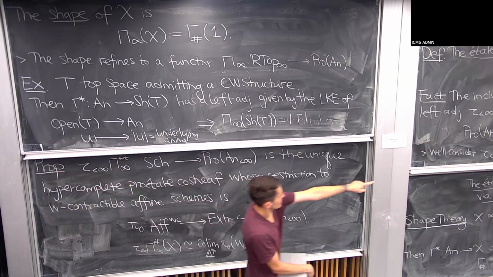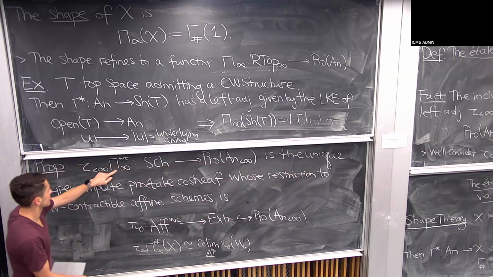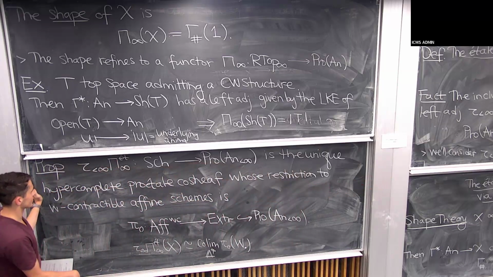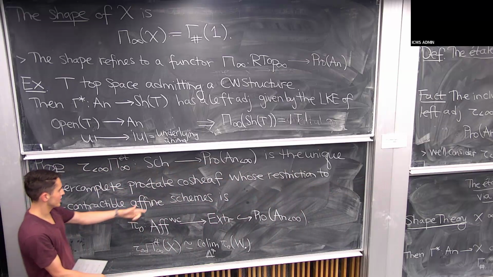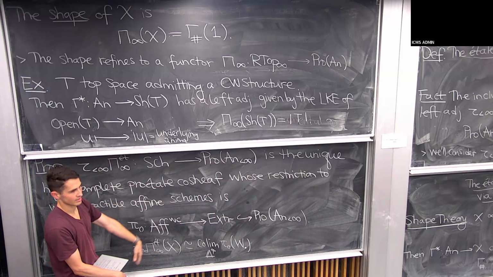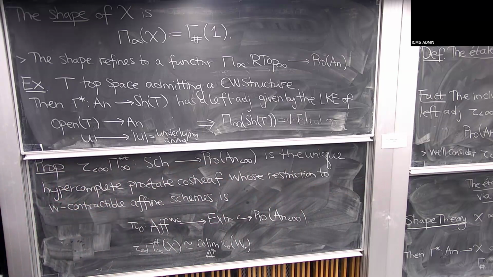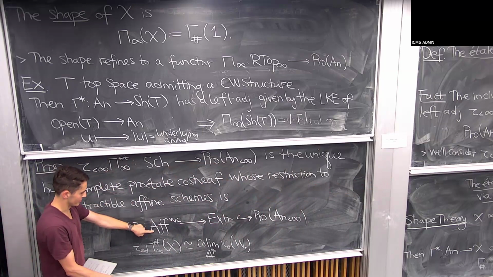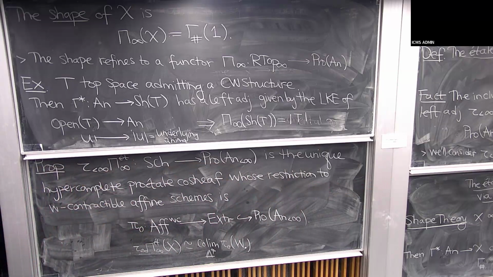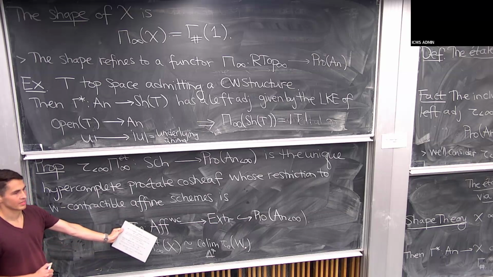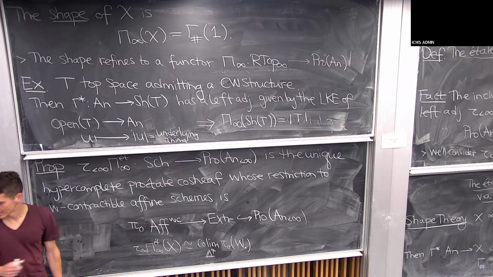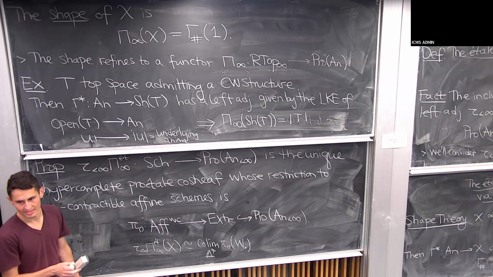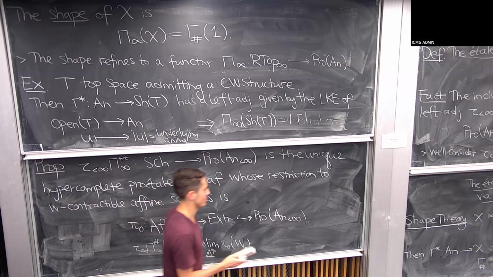The thing I wrote here tells you that it doesn't matter if I put the hypercomplete thing, and then that gives you this hypercomplete property. And then the uniqueness thing is just for some basis of Grothendieck topology stuff. And then you need to check one more thing, which is that this invariant on this type of scheme is just pi naught. Is that why you need the hypercompleteness to restrict to the basis? Yes, because this basis doesn't even have finite products. And this is already a problem with extremely disconnected profinite sets. You cannot just take finite products of them.